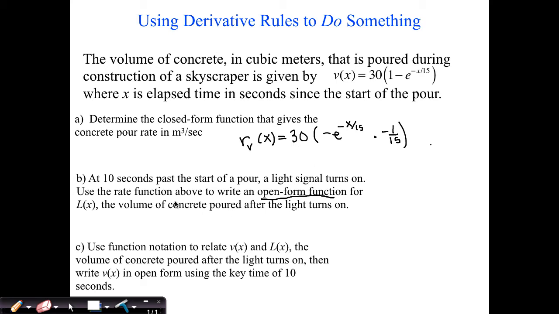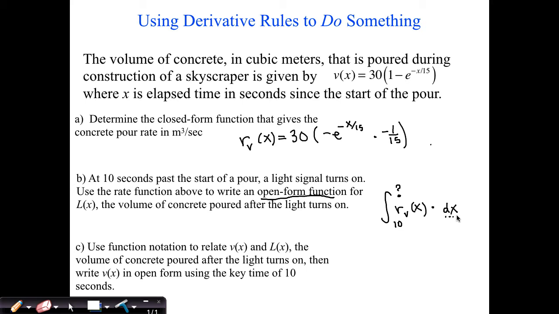If I want to know how much has been poured since time 10, or since x equals 10, x is the number of seconds since the start of the pour, well, what happens because of this rate? Well, r sub v of x, I'm just going to write the symbol for it here, at every moment x since time 10 up to mystery time,